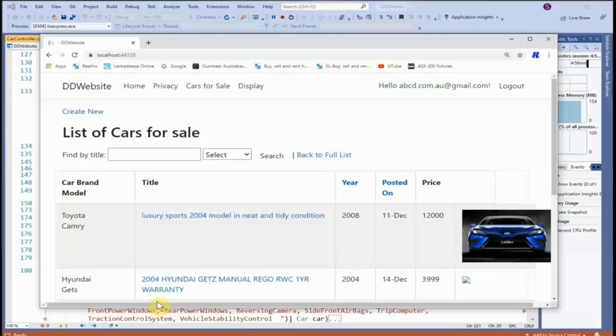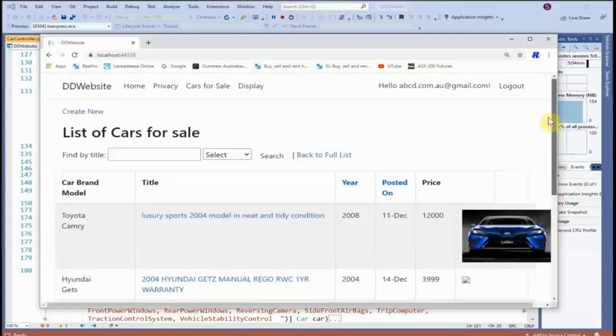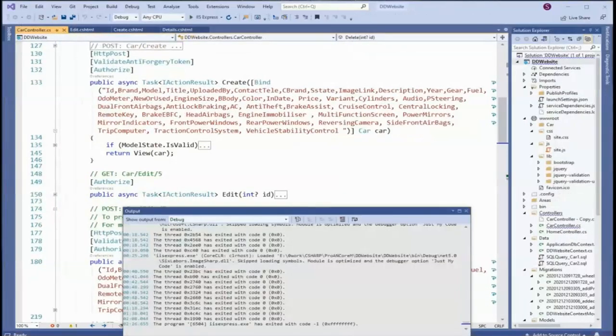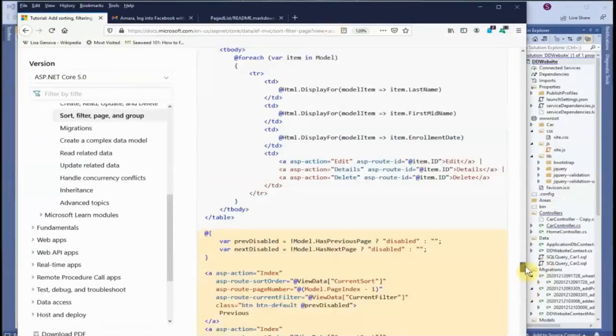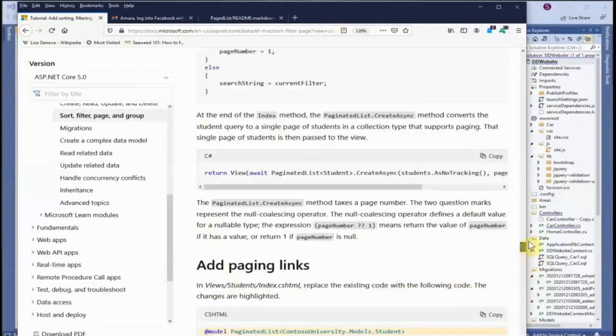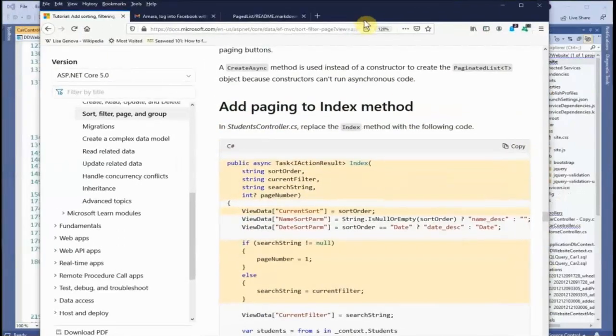Today we are going to discuss adding paging to the file. I have added some extra cars just to demonstrate how we do it, and we are going to follow this Microsoft website method, where they add paging to the index method in the same article we were discussing before. So